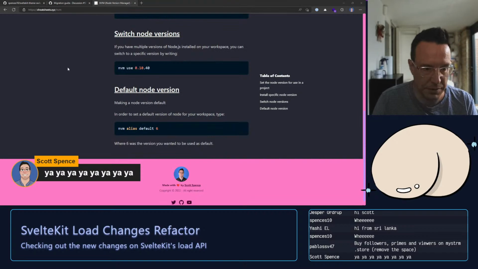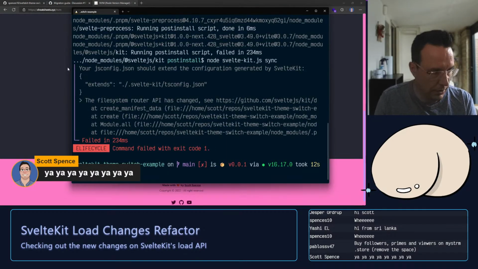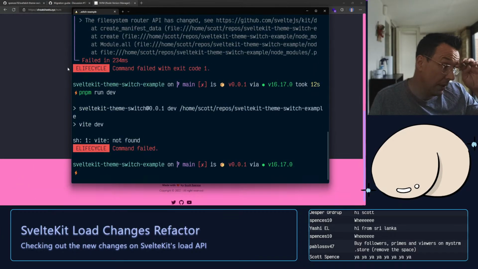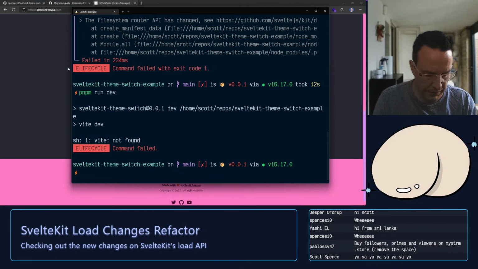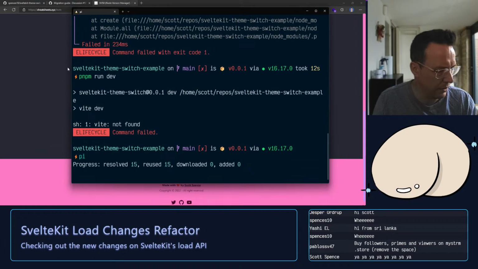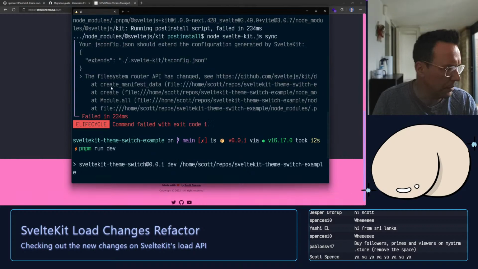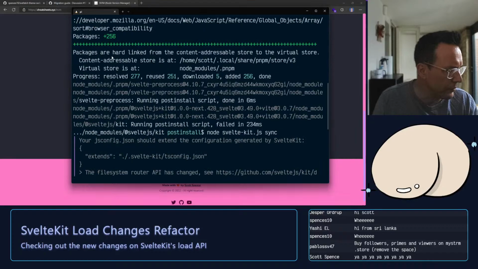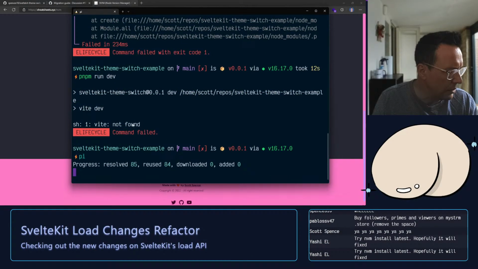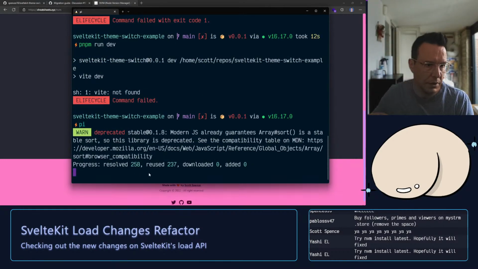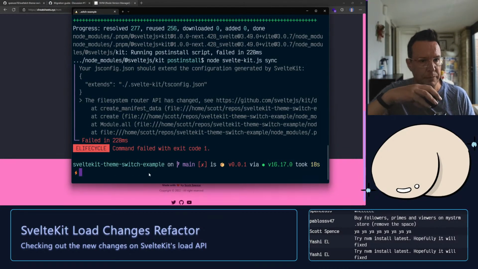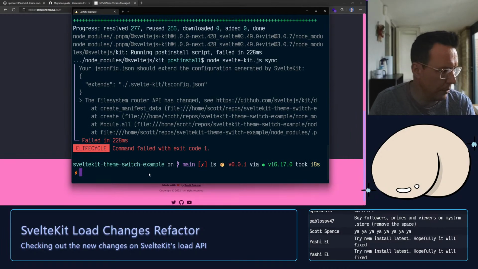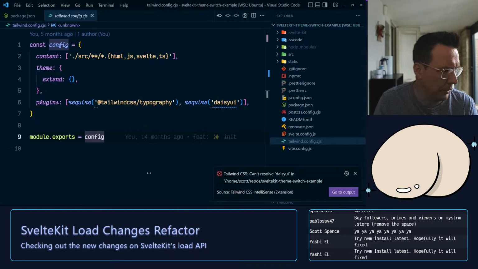Right, so that's installed. Let's go back to my terminal and try to run pnpm run dev. Vite not found. Really? I did install, didn't I? Yeah, that's fine. Let's grab some water while I wait for this. All right, so saying Vite's not found, so let's just crack open